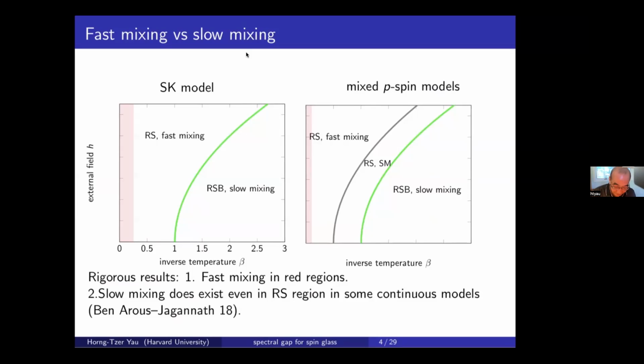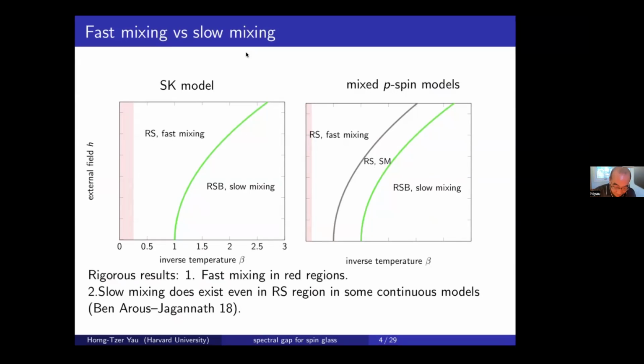So for the discrete spin case, the fast mixing is proved in this part, and also in this part. So this is what I'm trying to tell you today. And now the slow mixing in the P-spin models is not... if you don't look at discrete spin,